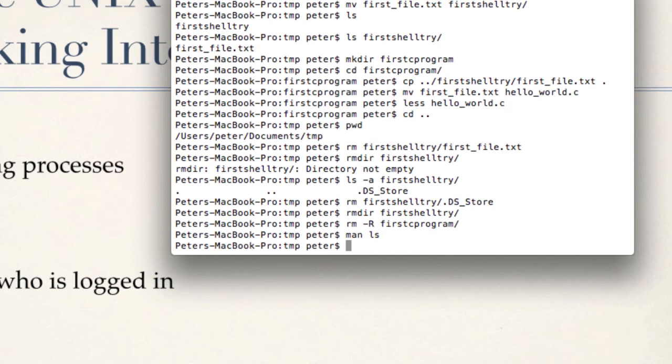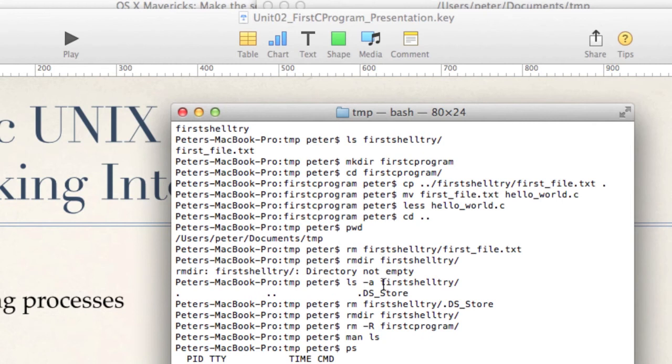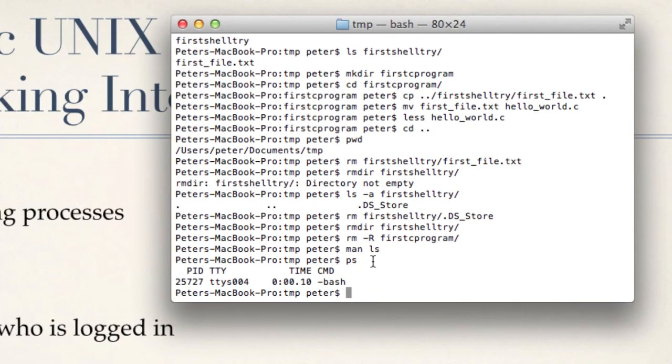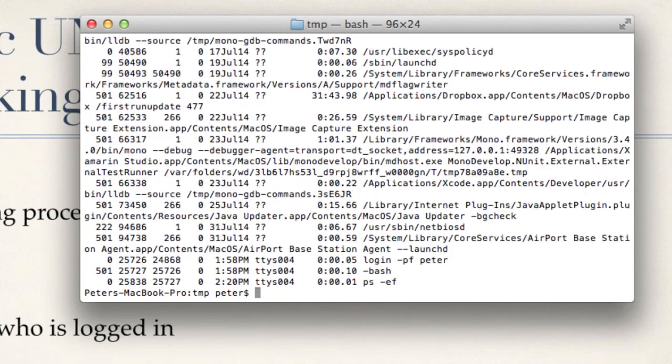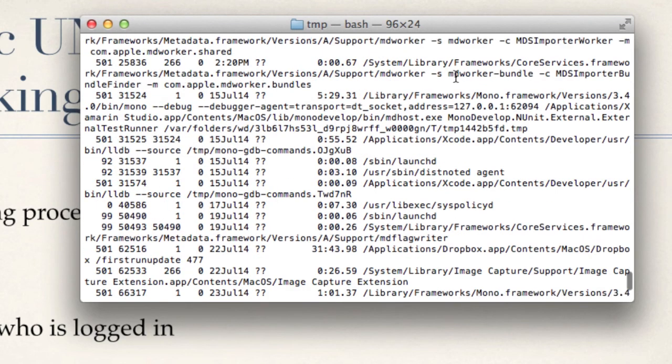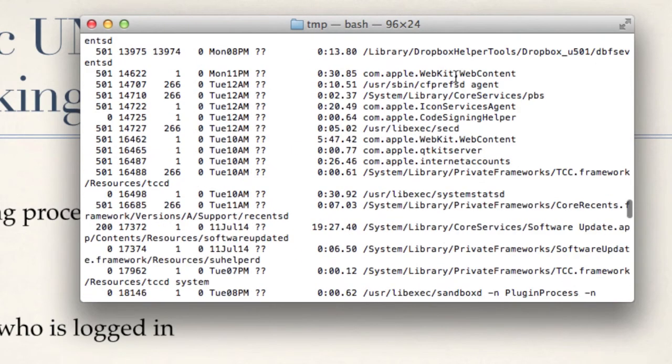Okay, let's type in ps. So we don't see too much here, because there are not so many processes running which are tied to this shell, but we could say we want to have all the processes running on the system by typing in ps -ef, and here you can see that there are actually lots and lots of processes running,